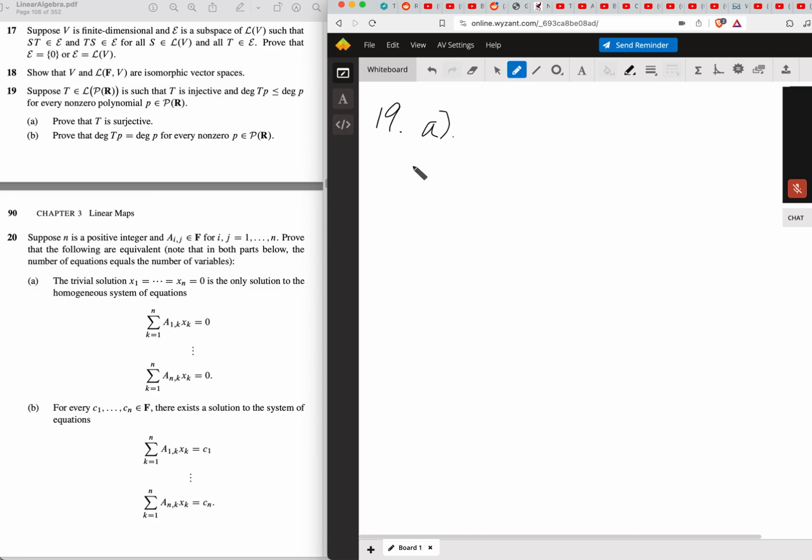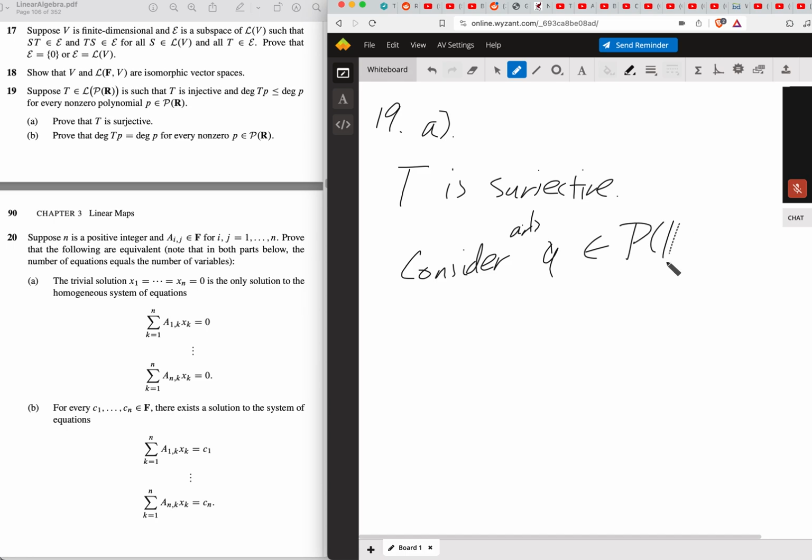Like, it looks deceptively more difficult than a, but it's not. And once you show it, then a becomes possible. It's not easy to show by any stretch of the imagination, but it becomes possible, right? So consider you have some arbitrary q, we don't know, in the set of all polynomials. And since we have fixed such q, let this polynomial have degree n, or let it be m for this time, because why the heck not? And then you know for a fact that